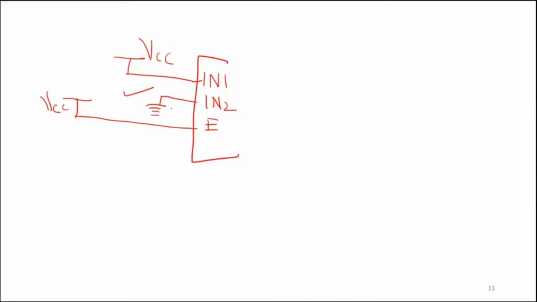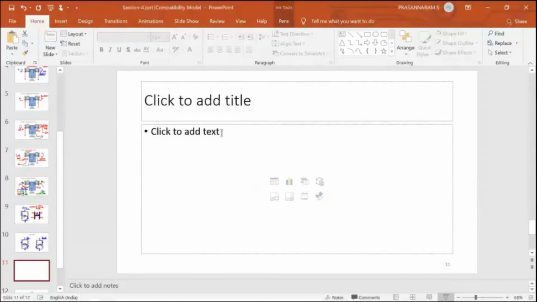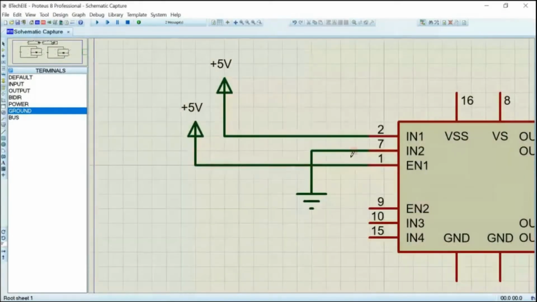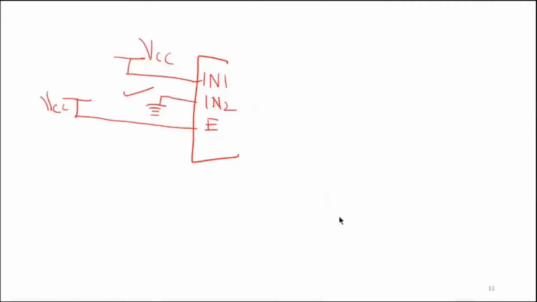But here in our circuit window, the space is very, very low. So we cannot connect the ground here. I don't have enough space to connect the ground here. So I have to drag the ground low. So in our practical case, if you are supposed to cross this line, we have to draw a small arc like this. That is how we should do it.